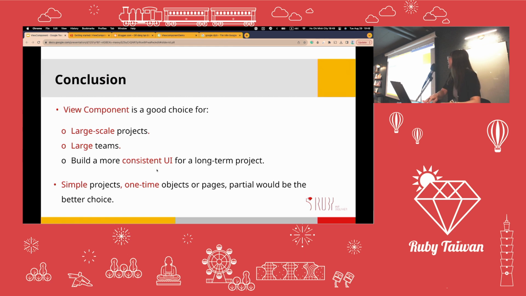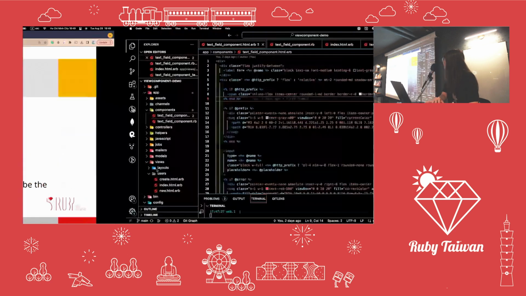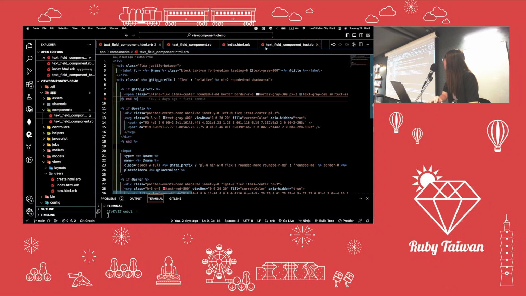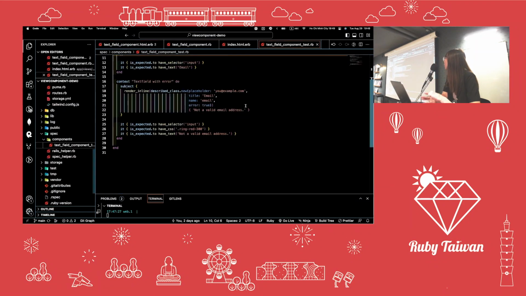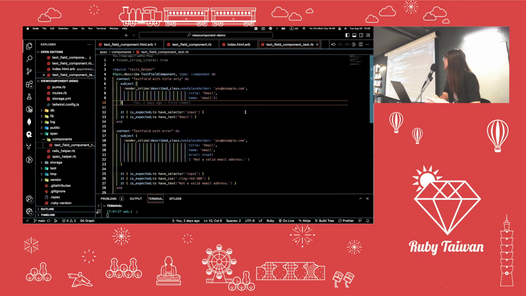And yeah, so okay, I'm gonna talk like before. I told you I can test this. I also can do RSpec test with this. Normally we get used to doing the RSpec test, right? So over here I have a test for my test field component. It's really easy. I need to make sure that I will render it and the variable over here,